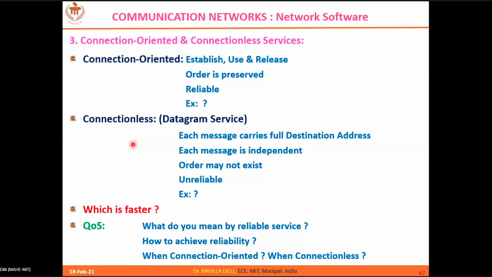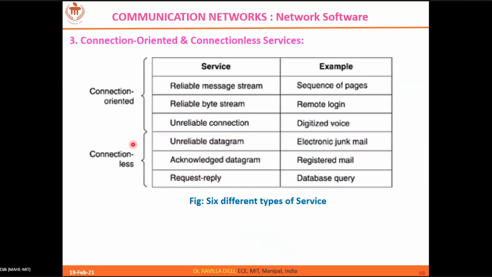So these are some QoS parameters. End-to-end delay, throughput, cost, all these are quality of service parameters. As a user, I expect these things. When I expect this, obviously I should pay for something else. We'll see to that. What are the quality of service parameters and how can we achieve them? That is again a part of the software aspects of the network design.